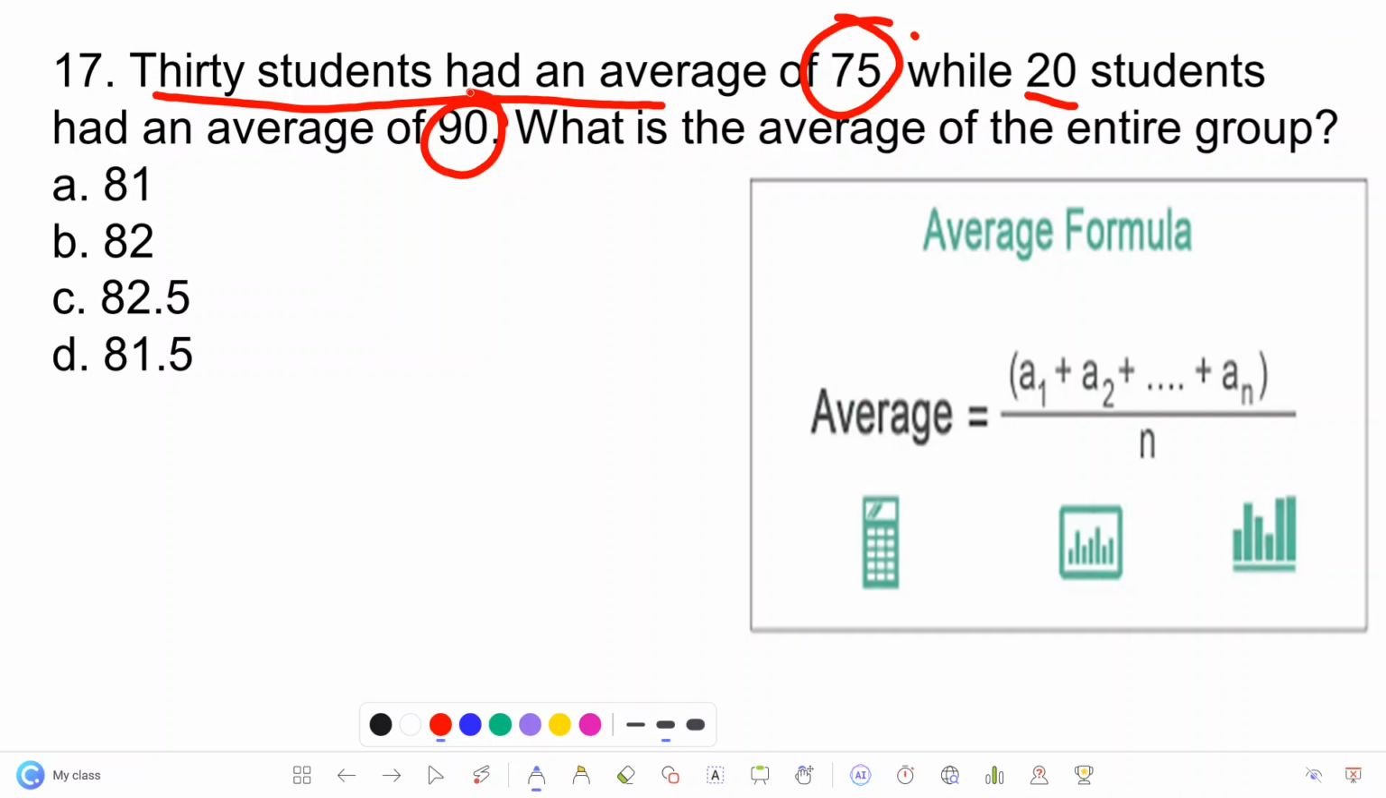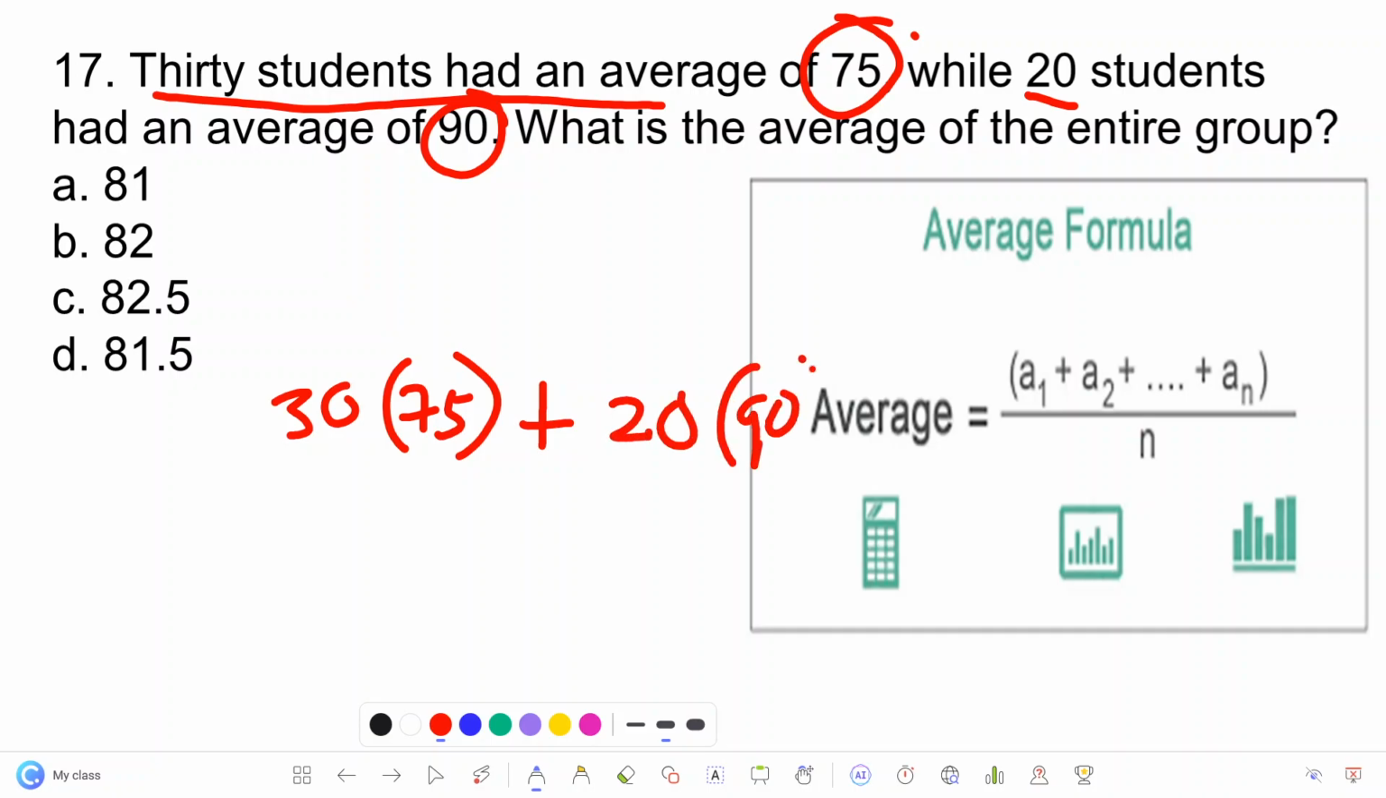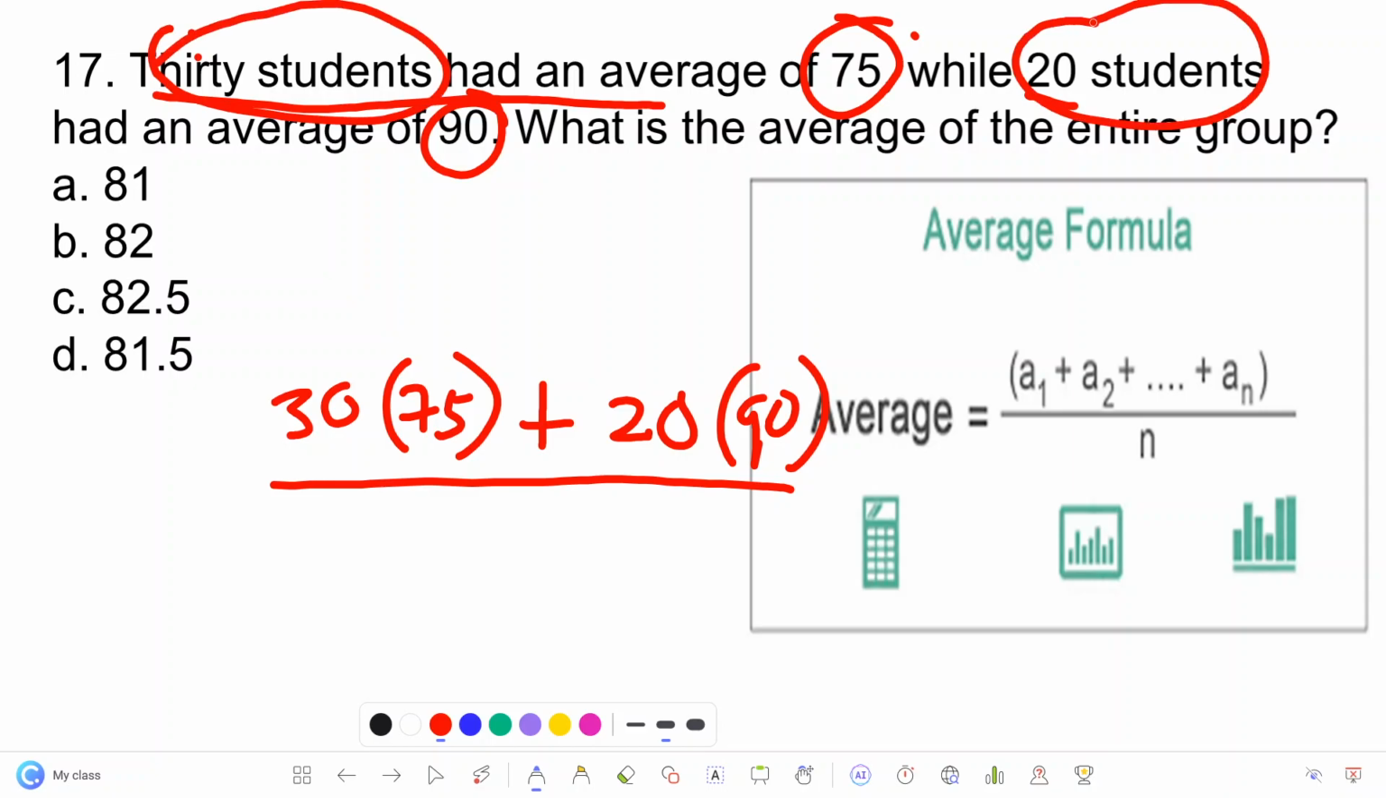So we have here 30 times 75. Ang 30 students daw ay 75 ang average. Tapos i-add natin sa 20 students na ang average ay 90. So ano ngayon yung ating number of values? Napakadali po nito kasi ang number of values, meron kang 30 students dito, tapos meron kang 20 students dito. I-add mo lang yan, so you will have 50. Okay? So now,